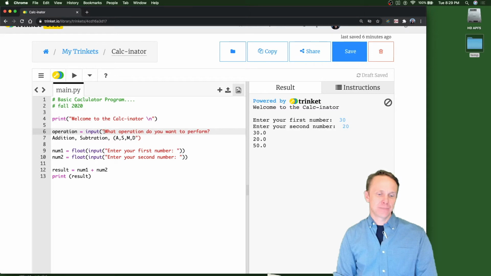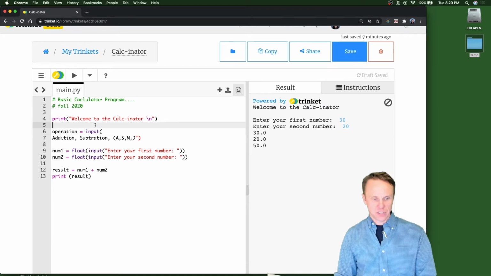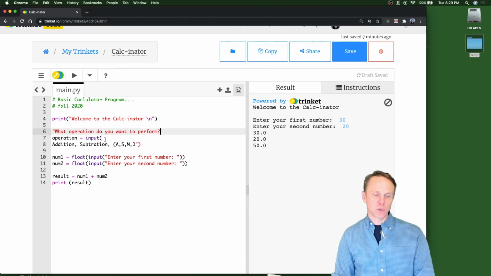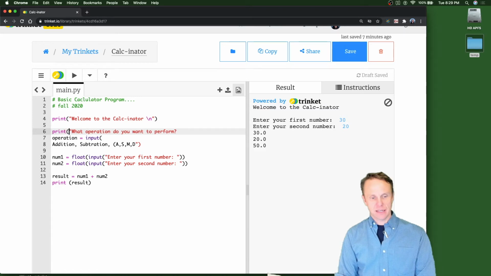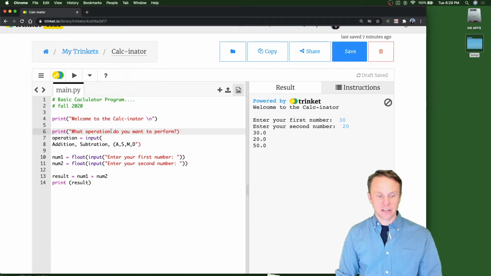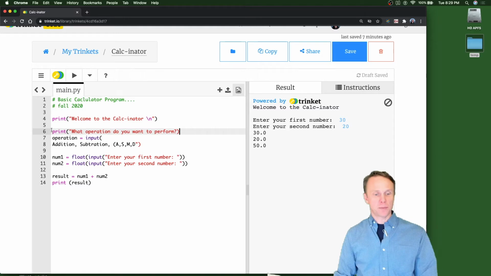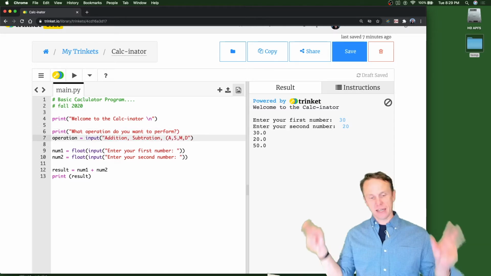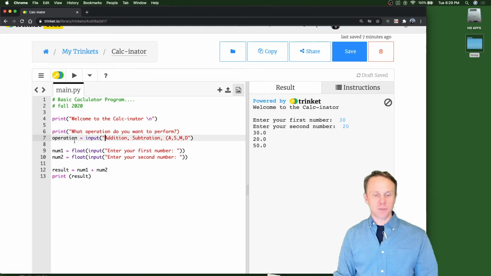How can we write this better? What operation do you want to perform? Usually I would do this all in one line, but I'm trying to keep it all on this window. So I'm going to say, what operation do you want to perform? And then in the input part, the question I'm going to ask for my input: addition, subtraction,